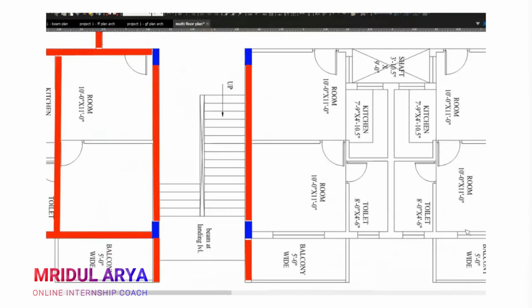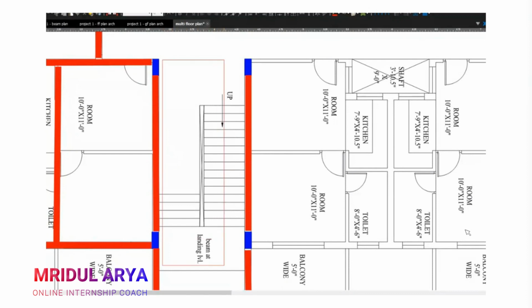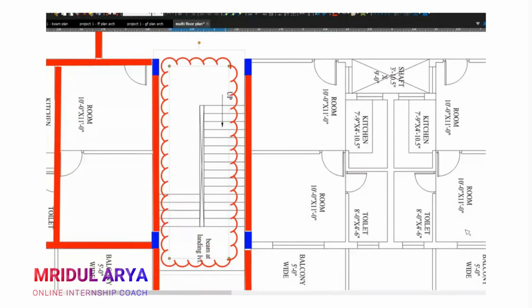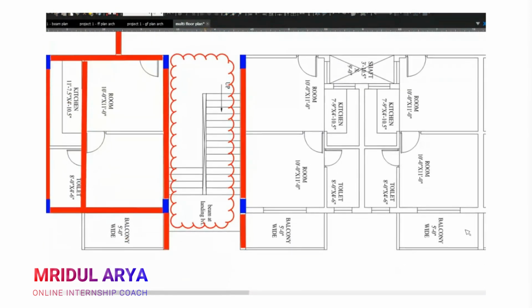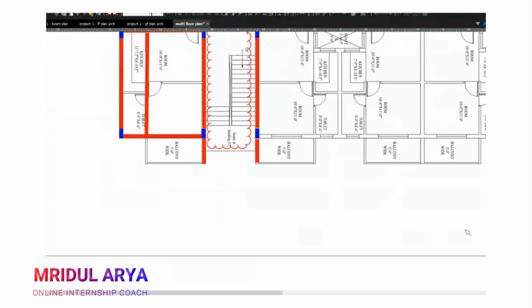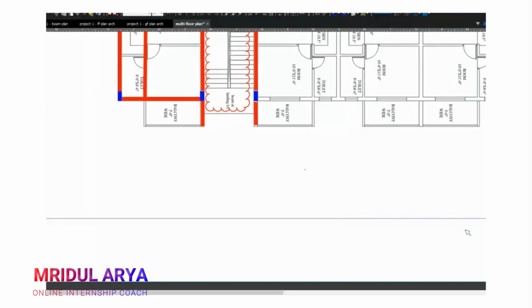Now, the interesting thing is whenever you have a staircase in your building, you need to know that your staircase landing is the most important thing that you need to consider, because your staircase landing will be at mid height. This is your column. This is your floor height. This is your bottom floor, and your staircase landing will be somewhere. So how are you going to propose it?